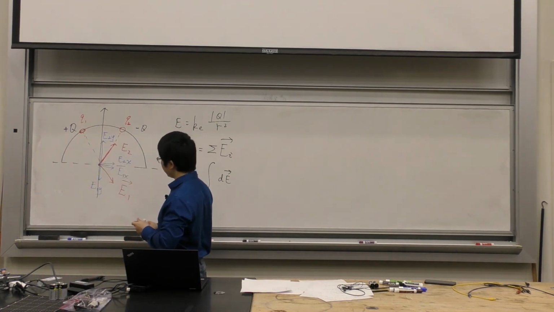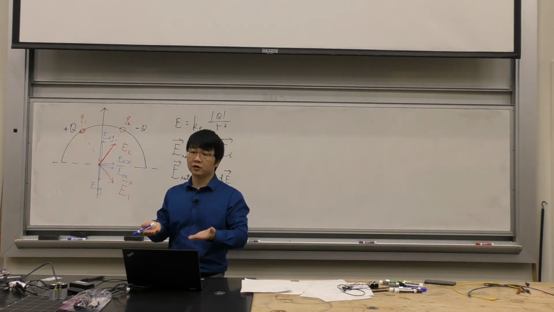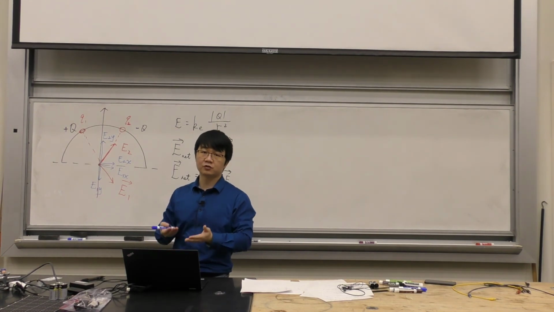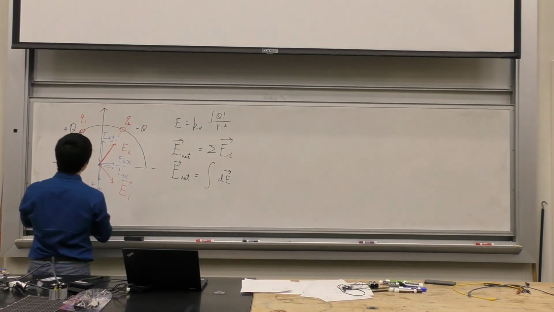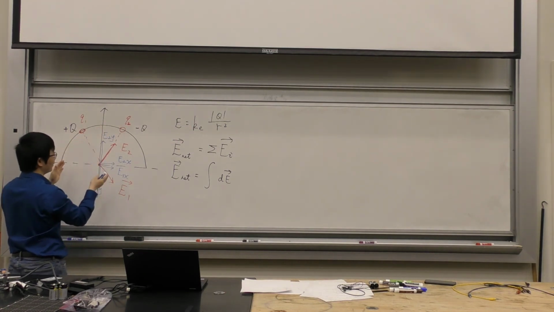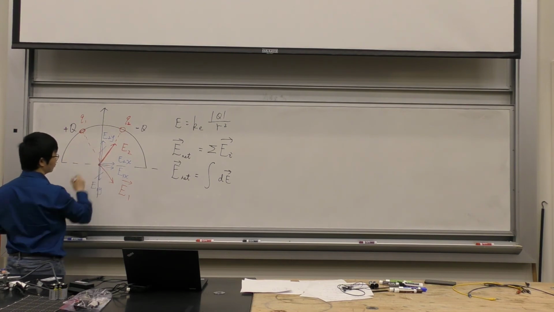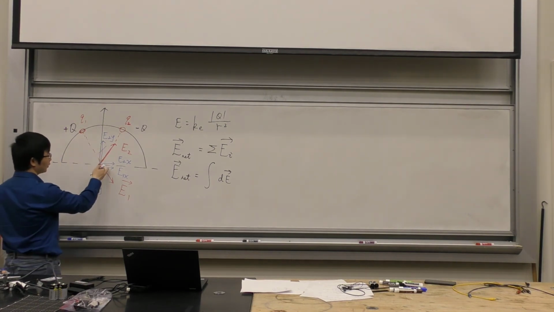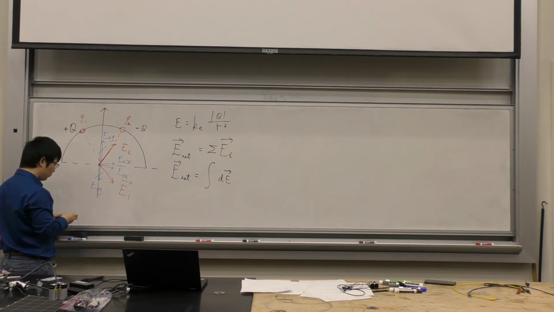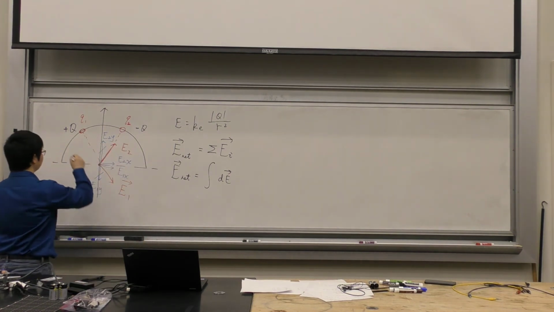And then if I make sure Q1 equals Q2, they're infinitely small, so of course you can assume that they carry the same amount of charge, and I make sure the distance between this charge and the y-axis is the same, you're going to get all these angles the same, the magnitude is the same, so the y components cancel. So you're going to be left with x components. And then you just add these two x components. And then because this is a semicircle, for every little charge you pick on the left,